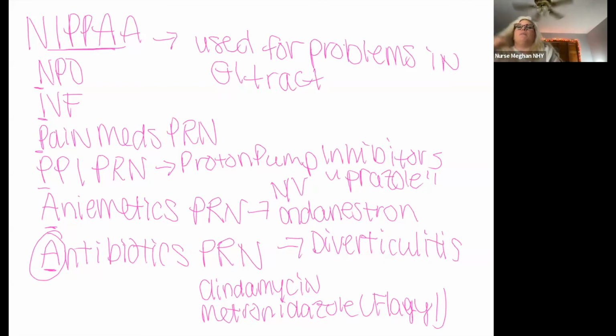But we also want to remember the little caveat with pain meds and appendicitis. We don't want to give continual pain meds because that can mask a possible rupture, and then we would be all the way back with ASGRAF, and we'd be looking for hemorrhage. So that is something that we definitely don't want to do. But in this case, with diverticulitis, we can give them antibiotics. Again, it's just going to vary. It's going to depend on the patient, the provider,